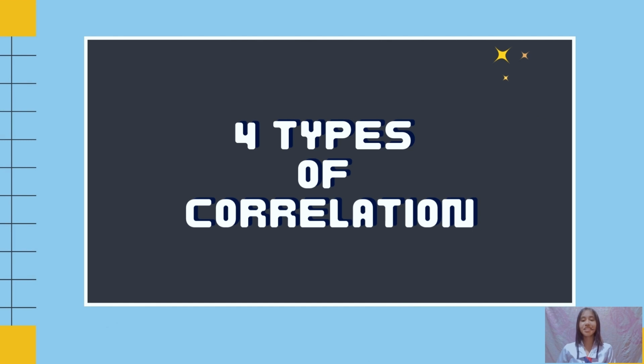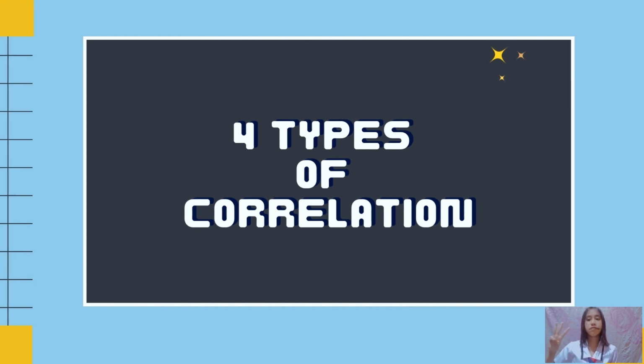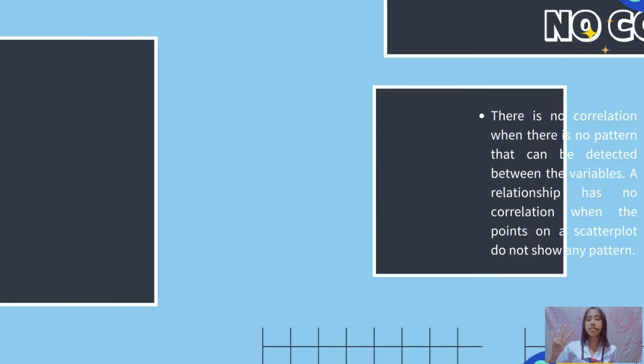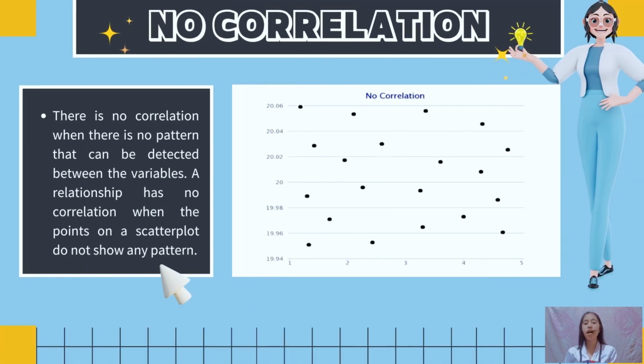I am assigned to discuss the subtopic of regression, which is the type of correlation. There are four types of correlation: no correlation, negative relationship, curved linear correlation, and positive relationship. As shown in the figure, you can observe no correlation because there is no pattern that can be detected between the variables, or it is a relationship that has no correlation when the points on the scatter plot do not